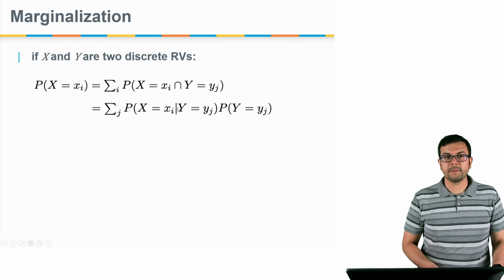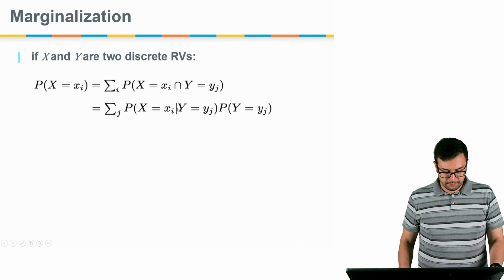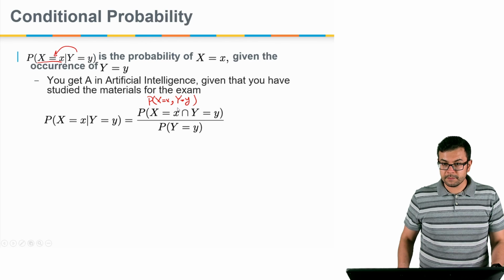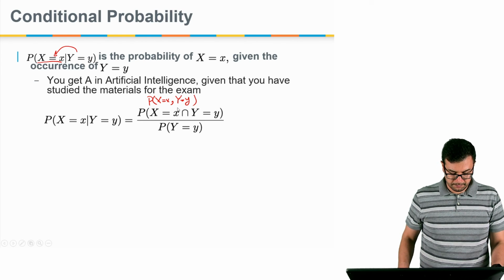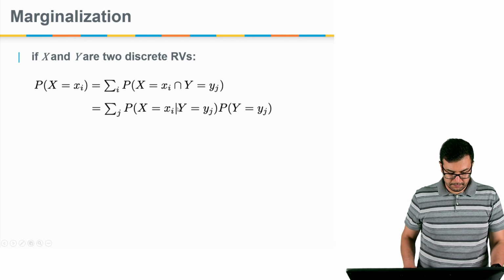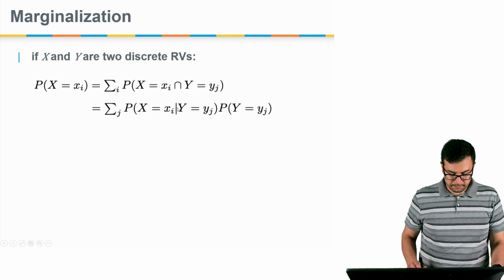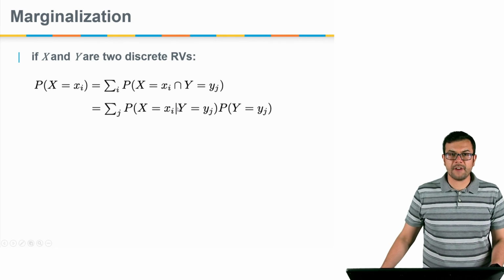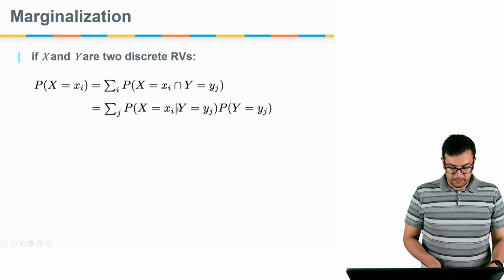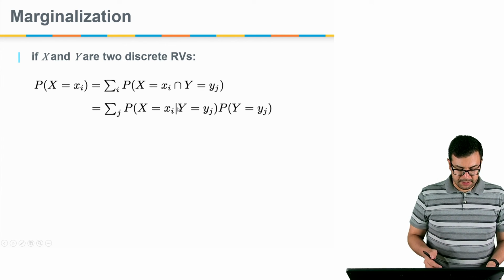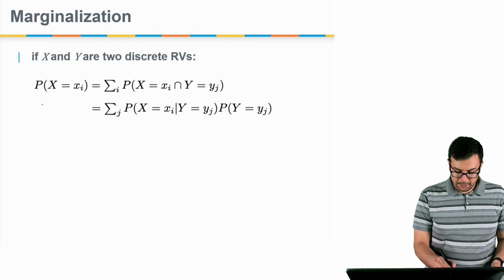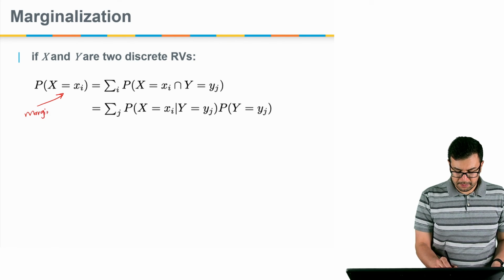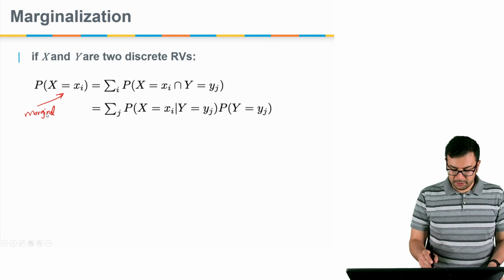Let's think about marginalization. If x and y are two discrete random variables, to calculate the probability of x becoming a specific event, which is a marginal probability, we have to calculate the probability